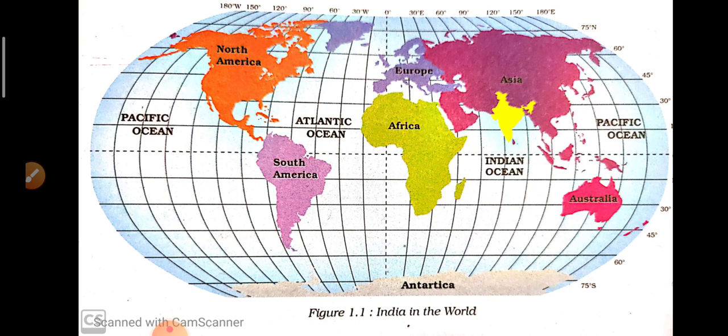Now, if we see in longitude, then India lies between 68 degree 7 minutes east and 97 degree 25 minutes east. We can again locate the position of India with the help of longitude by seeing the picture. I hope the position of India is now clear to all of you. We now talk about one more interesting feature of the location of India. The Tropic of Cancer divides India into almost two equal parts.